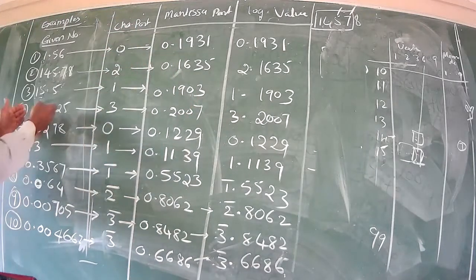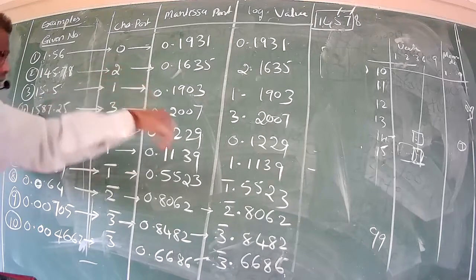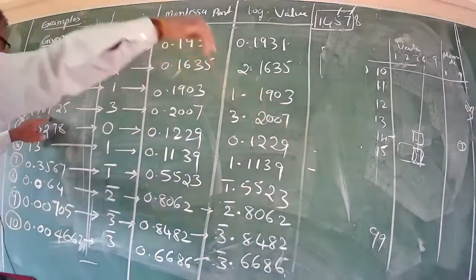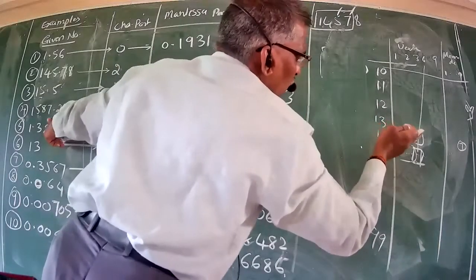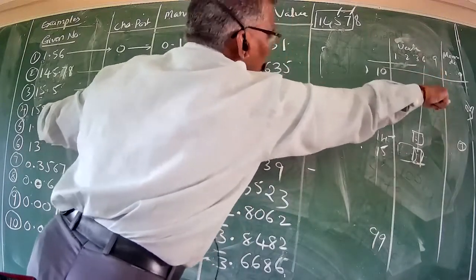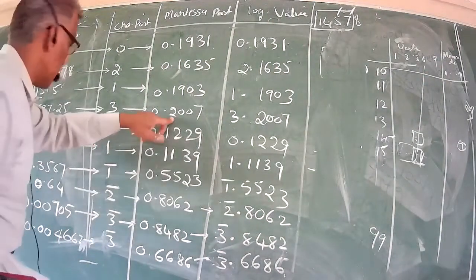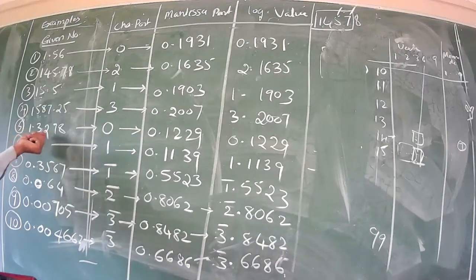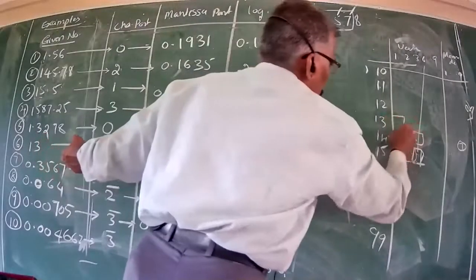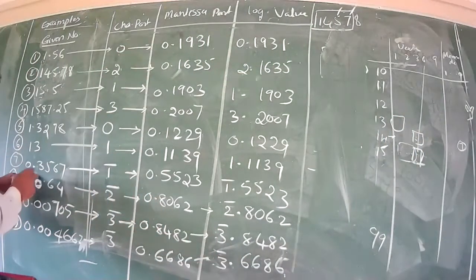Similarly, here 6 digits are there, so it considers only 4 digits. So the 15th row, 8th column, and move towards the same row. Then find the number in the mean difference column. Add it to this. That gives you this number. Similarly, this 13th row, 2, 7. Here only 13th. This is the final. This is the logarithm value, the Mantissa part.